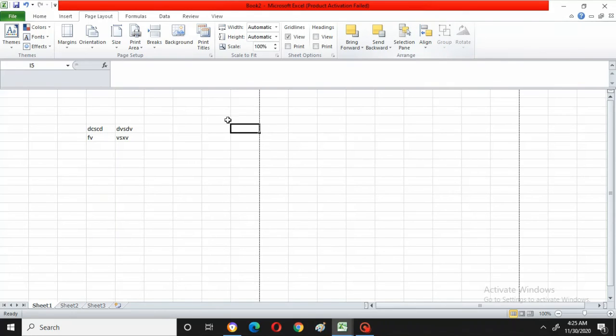Now what is group? Now I will tell you what is group. I will select this and I will select this, and however many cells you select, that many cells become one group here. Can you see, group objects together so that they can be treated like a single object? Now suppose I select this one and select the group, I don't know why it is not coming there. So if you select like that, it will become one group and act like a single object, right? Now if you want to move this group, or rotate or flip the selected object, you can rotate it.